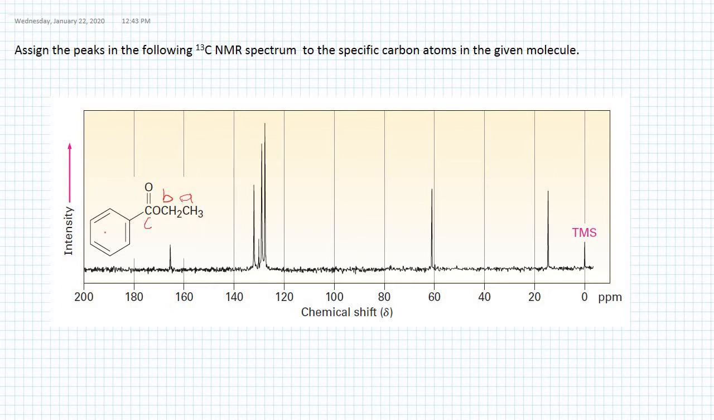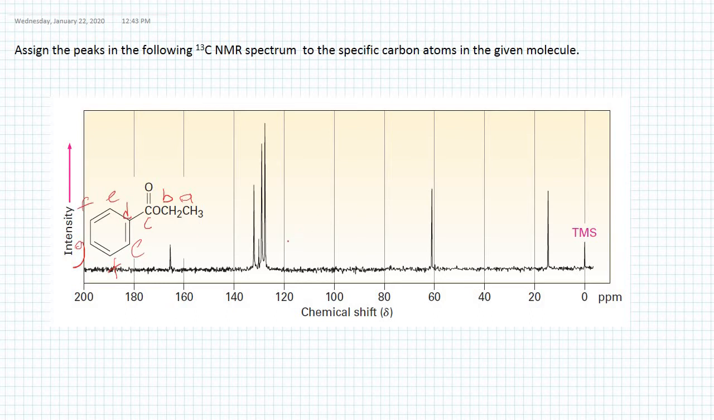We have here on the ring an aromatic carbon, let's say D, and since the molecule is symmetric, this carbon and that carbon are the same type of carbons, E. Then again, this carbon and that carbon, because of the symmetry, are the same type of carbons, F, F, and let's write the last carbon on the ring as G. After assigning letters to each different type of carbon, let's match them with the peaks in the